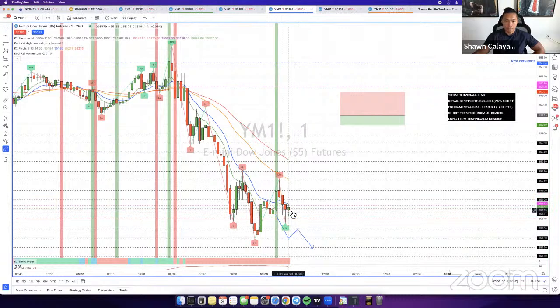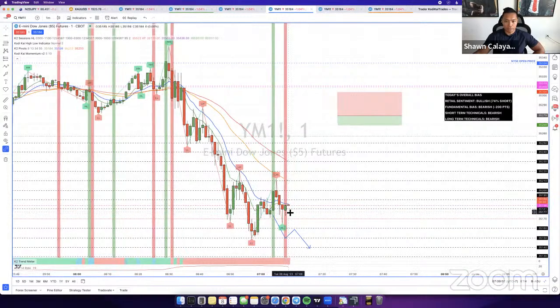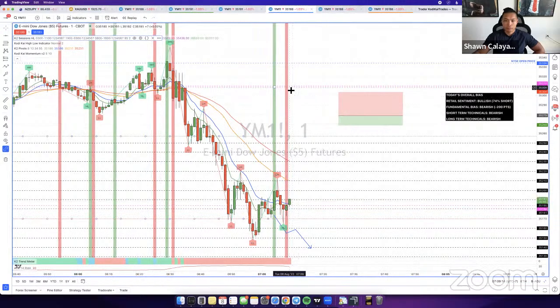So it doesn't matter if it's an invalid or valid signal. Like if it closes invalid like this, that's fine. So right here, it's invalid. It still works. So we currently have an invalid sell signal right here. We need price to now drop down below. So we need price to actually push in direction down here. There's no level right here.